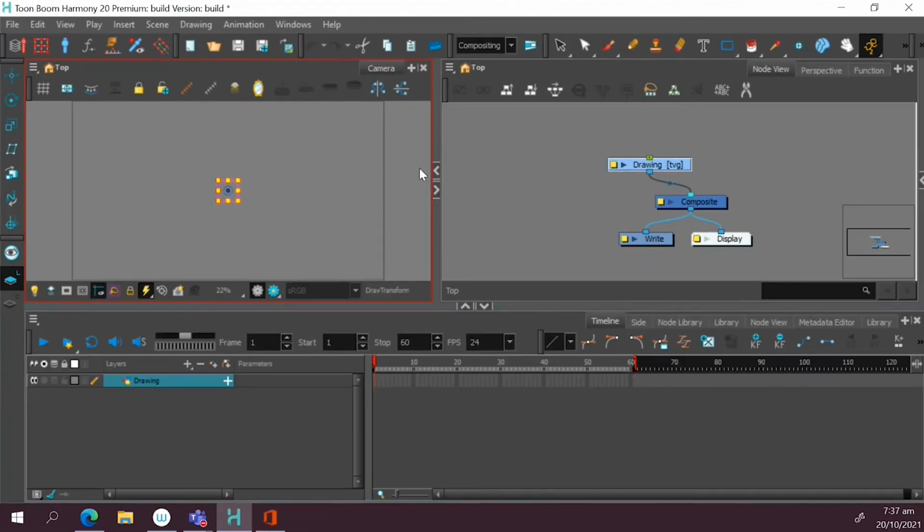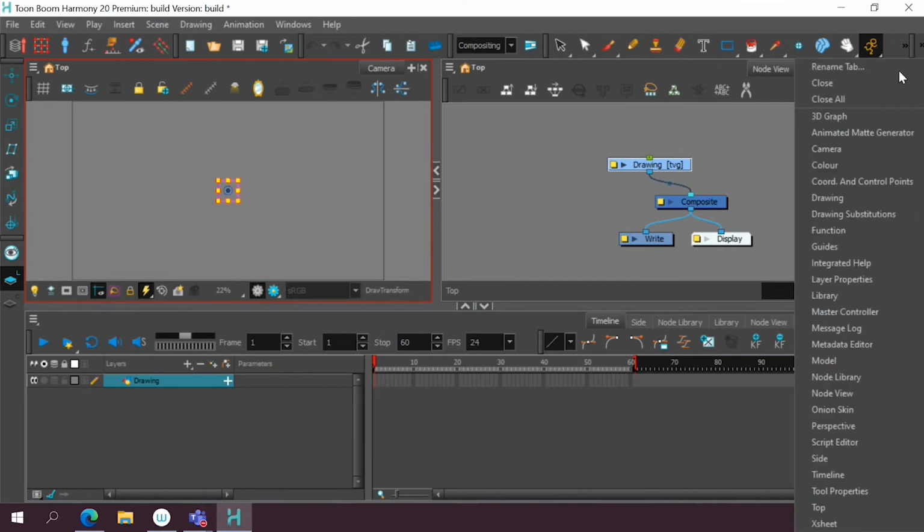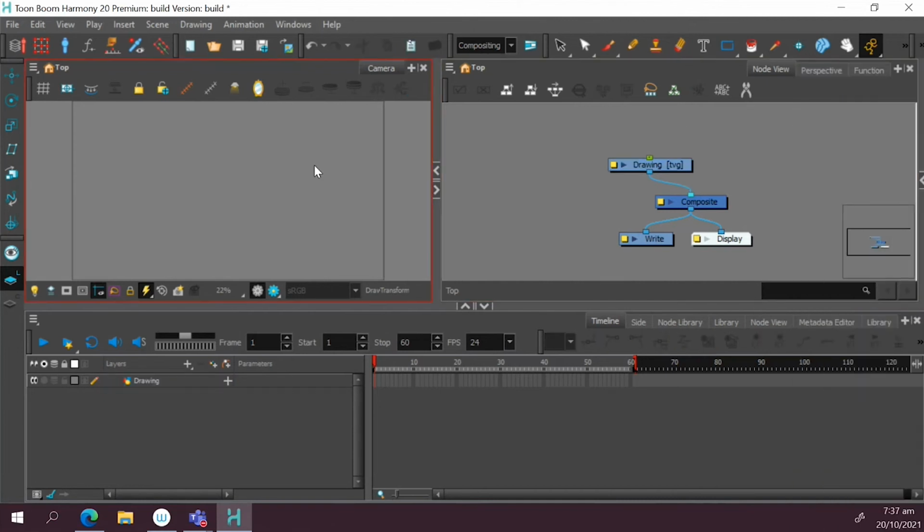Now, what we have here is a few windows that will help us, and if you click on the plus sign in any of these windows, you can create another window. So right now we're looking at the camera, the node view, and the timeline. This is the animation timeline, and this is just like what you have on any video editing software. It just shows the